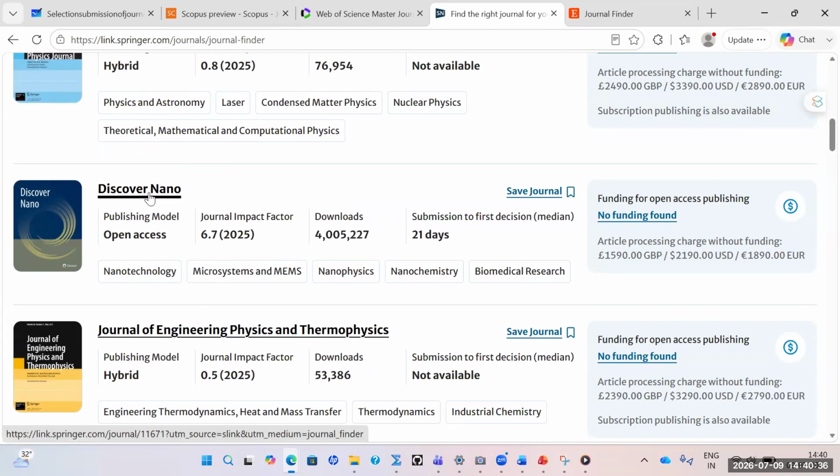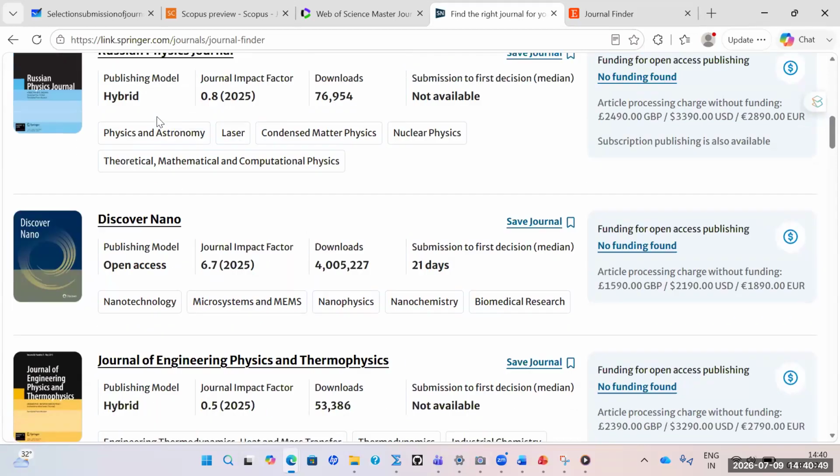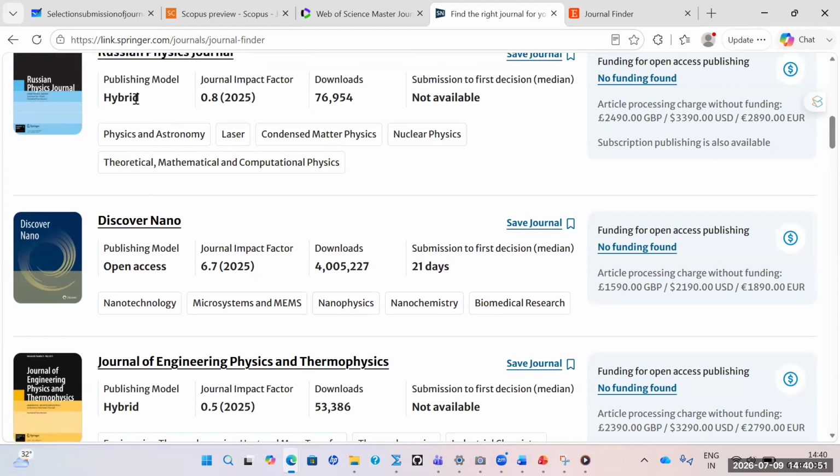If you want to know about the publication charge, you can see on the right-hand side how much the publication charge is. If you want open access, you have only one option; you cannot escape from the payment mode. So here we have hybrid mode. Hybrid means you have two options: you can make it open access or non-open access. Both can be done. Similarly, if you see here, this journal has open access and an impact factor of 6.7,